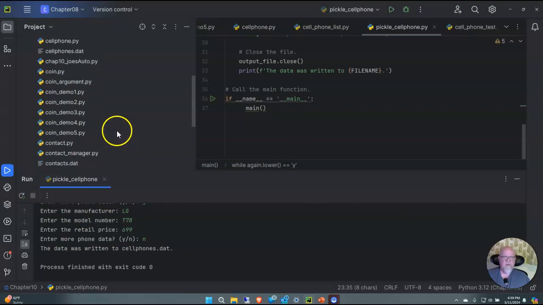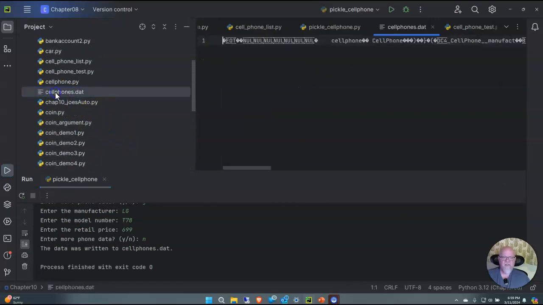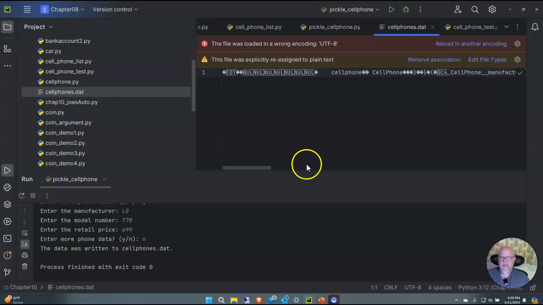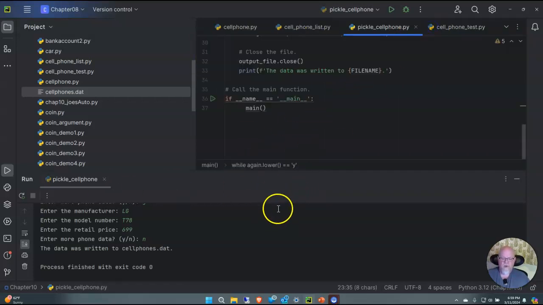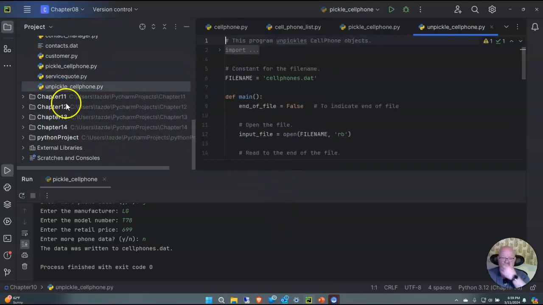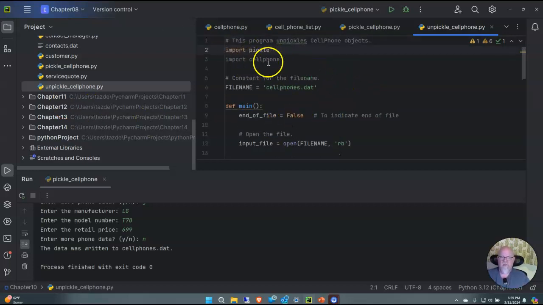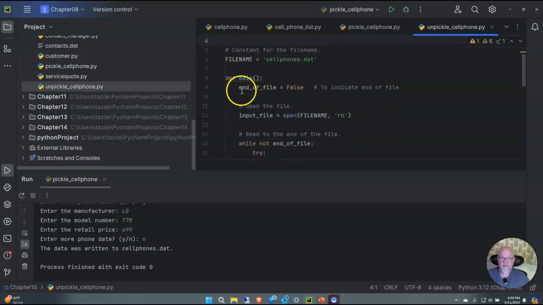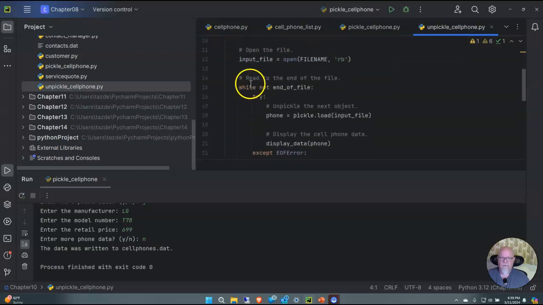Now again, if I come up here and open up this cellphone DAT, we can kind of see some data in there, but a lot of it's going to be a lot of unprintable characters, because again, these are bytecodes. So what we want to do now is open up our unpickle program. So this guy is going to read the data. So again, we've got our import pickle and import cell phone. We've got our file name, cellphone.dat. We're going to say end of file equals false. We're going to go ahead and open our input file for read